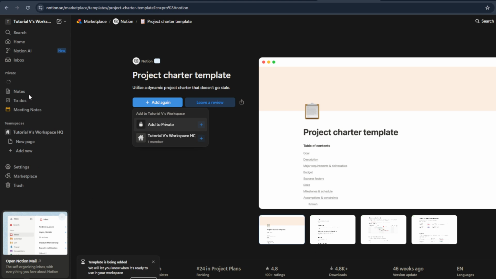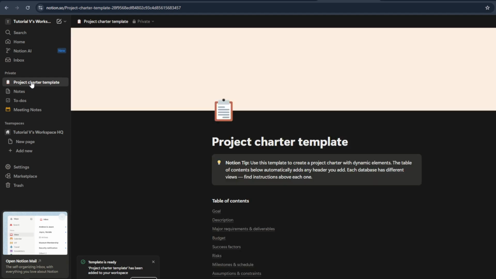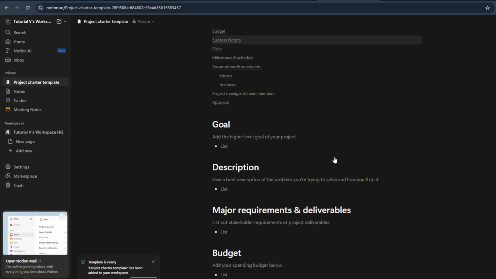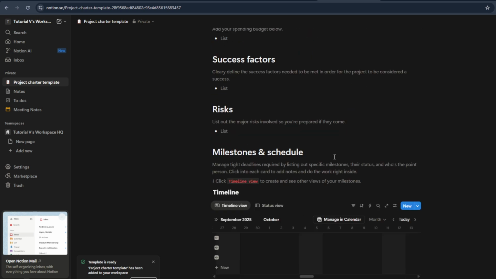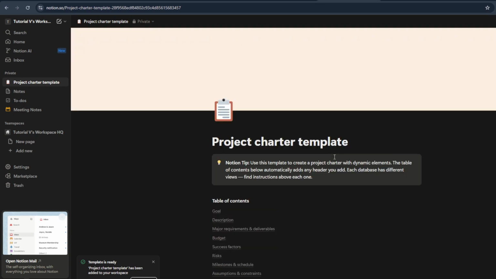Once you've found what you need, just click the Add button. It's that simple. This will allow you to import the template directly into your Notion workspace. Lastly, decide whether to add this template to your private workspace or to a shared one. By clicking Add to Private or your workspace, you'll personalize your Notion setup to better align with your daily habits